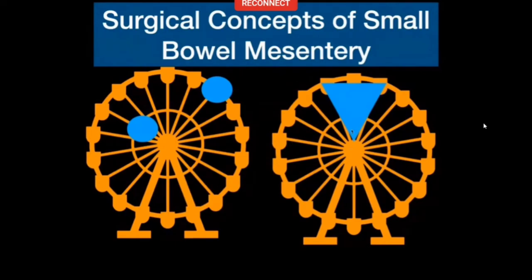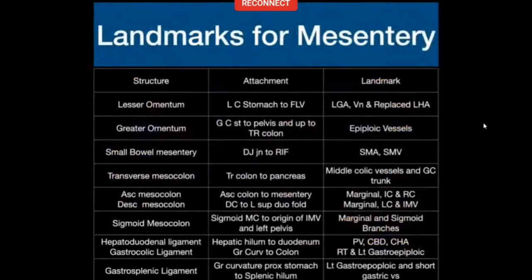Concept two is that when you do a small bowel resection anastomosis, or let's say you do a gastrojejunostomy, you remove this portion of the bowel. If you want to keep this bowel alive, you also remove this mesentery and take it up with the bowel. What happens is then you leave a big hole over here in the mesentery, and through this hole the bowel can herniate, and this is the concept of a post-surgical internal herniation. So this is the gap through which an internal herniation can take place. When you remove a piece of the mesentery, unless you close the mesentery, you will have a gap there.